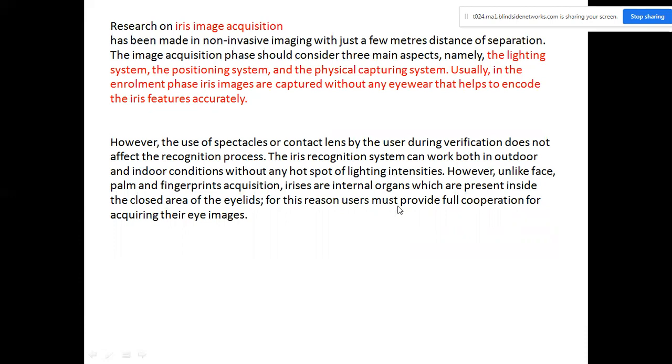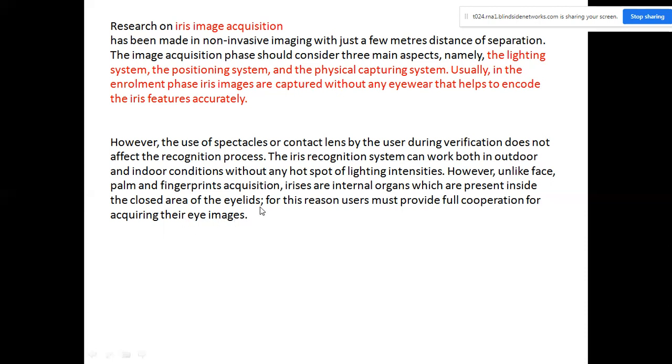However, unlike face and palm fingerprint acquisition, the iris is an internal organ. It is inside, behind the eyelashes, which are present in the closed area of the eyelid. Eyelashes and eyelid. It is the closed area of the eyelids. For this reason, the user must provide full cooperation for acquiring the eye image.